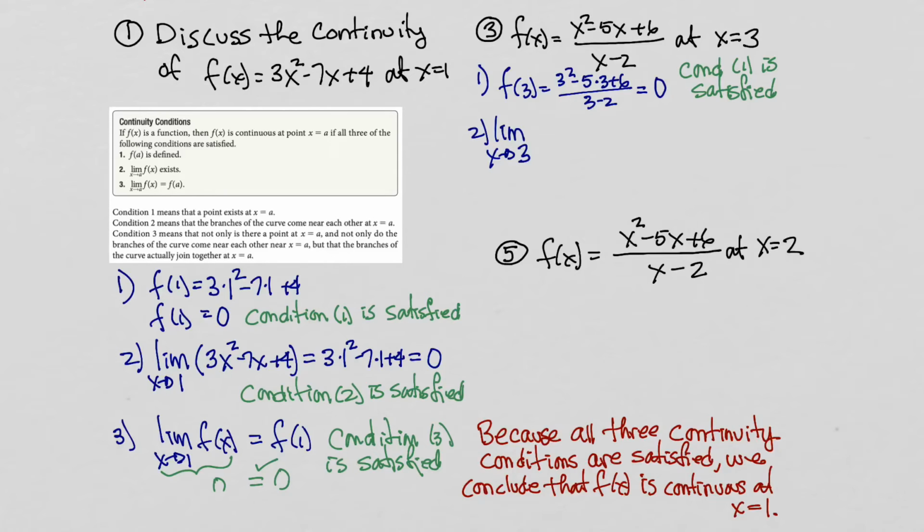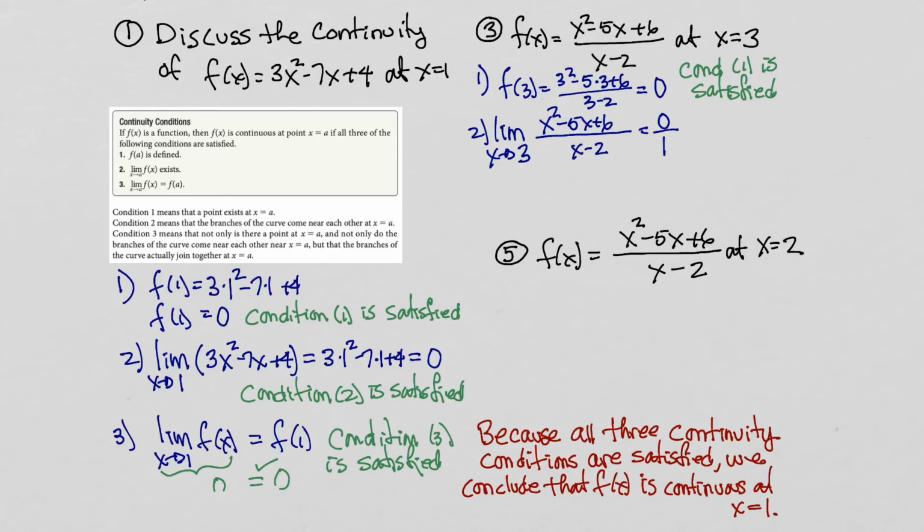So what we want to do is see what happens here. x squared minus 5x plus 6 over x minus 2. And because this function is a rational function, we can use that property we had for rational functions, meaning we can just take the limit of the numerator and the limit of the denominator. So if we do that, we're going to just substitute 3 in. We'll get 0